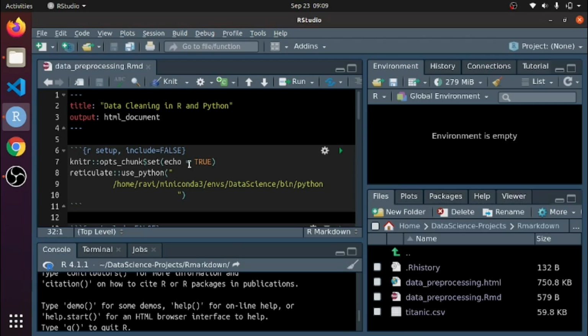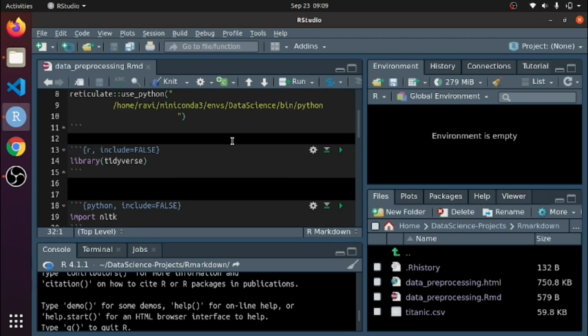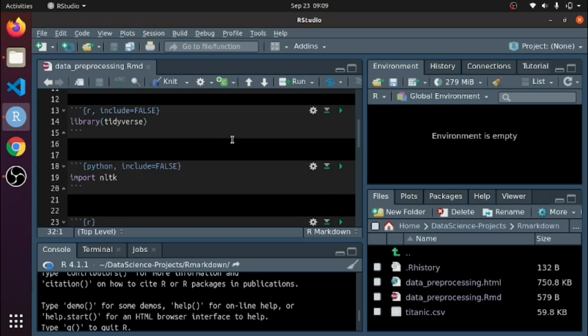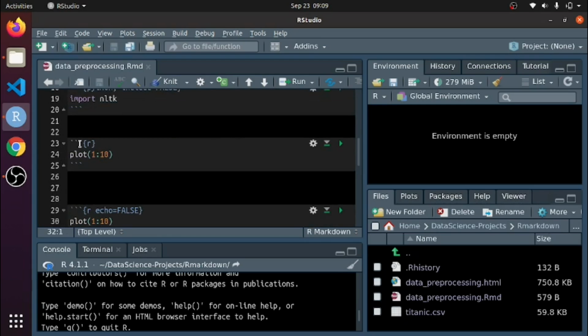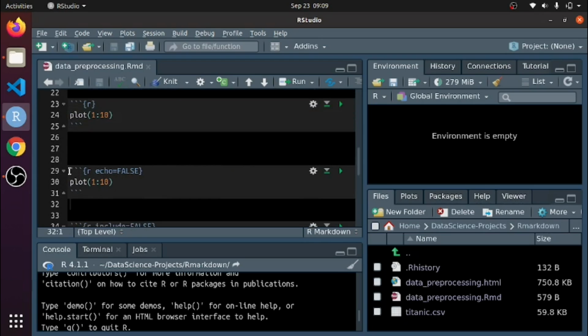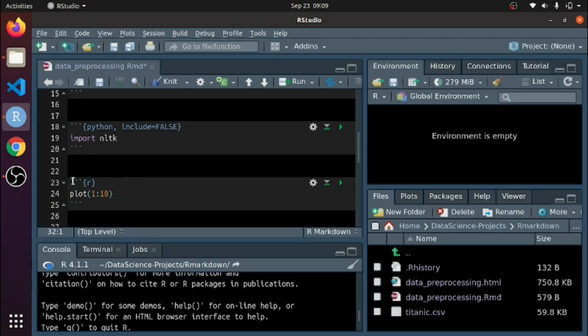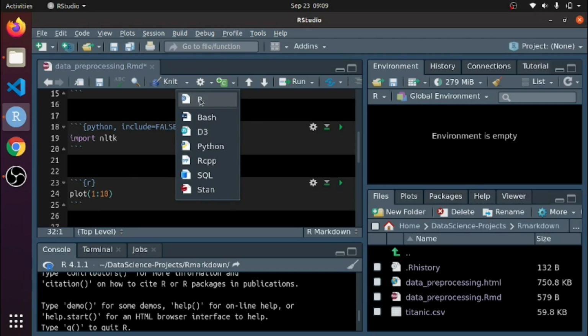I will show you. So this is a file, data preprocessing R Markdown, and for now just ignore these things and concentrate on this. So I delete all the things here. I am writing here; you can create a chunk by just clicking here and here, that's it.